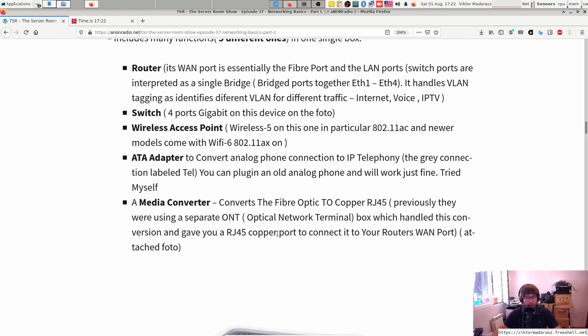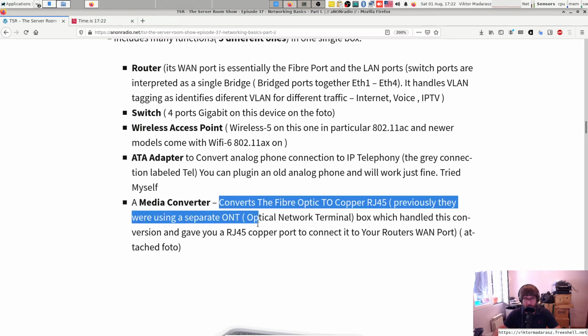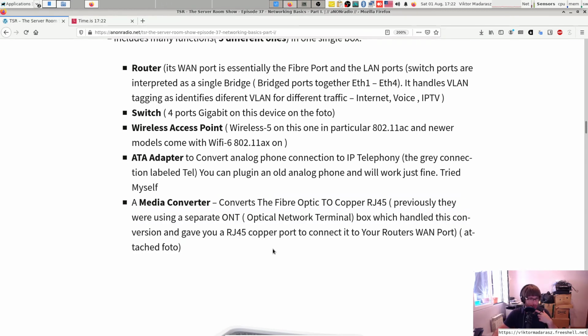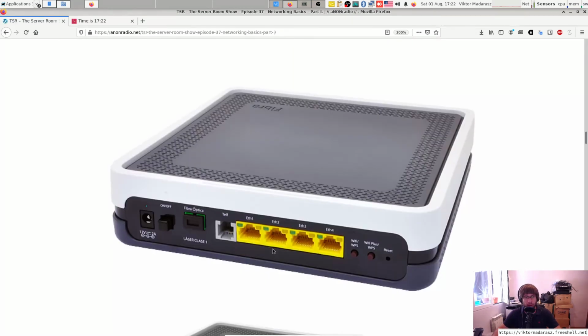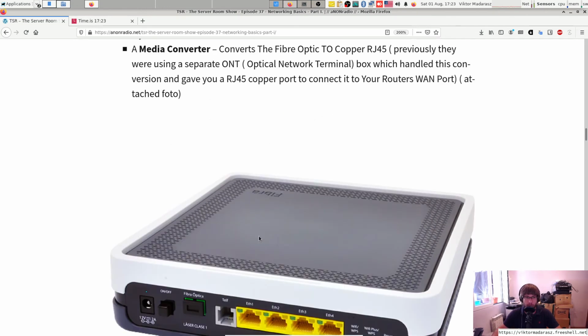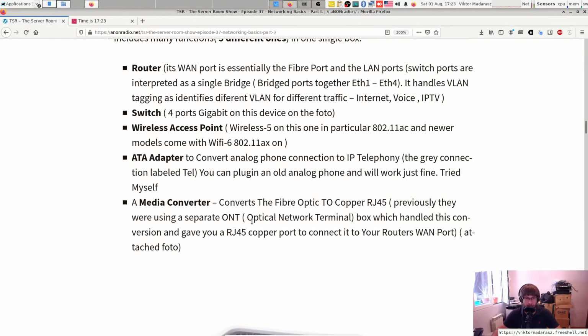And the fifth one, which maybe was easy to spot for some of you, maybe not for some others: you have seen that the incoming WAN port itself was the one which said fiber optics in this example, and after that we had on the switch the 4 switch ports, which were RJ45 copper. So it might be missed or mistaken, but it also includes a media converter which converts the fiber optics to RJ45 copper. Originally this